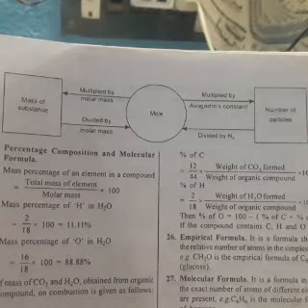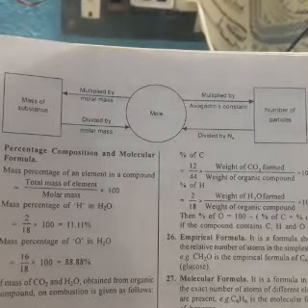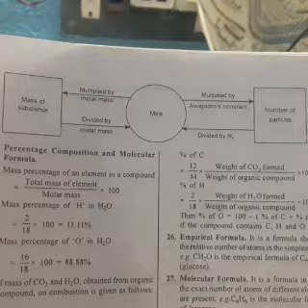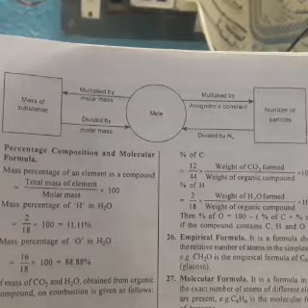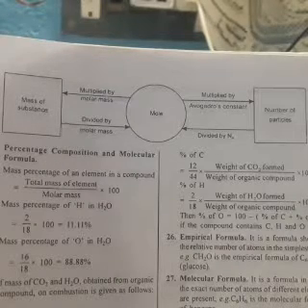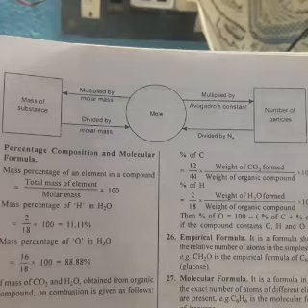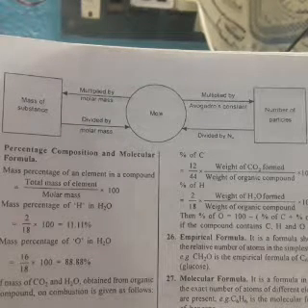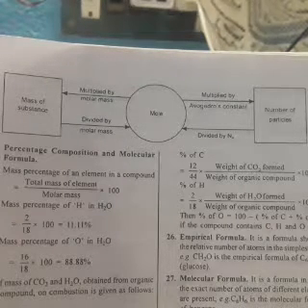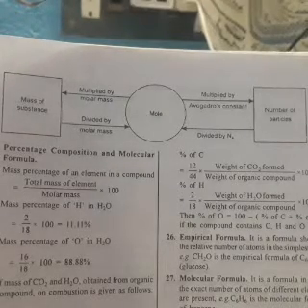then you will get the number of particles which is present. Similarly, when a certain number of particles, suppose 9.20 into 10 to the power 30, is divided by 6.023 into 10 to the power 23, then you will get the number of moles. Okay, so these are the concepts.